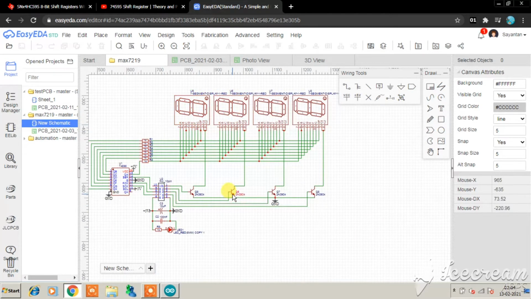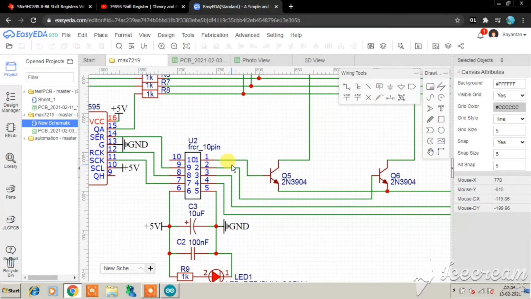Similarly, the other digits also work like this, and it should be noted here that we are utilizing the persistence of vision. The microcontroller will switch each digit so fast that our eyes cannot distinguish the switching, and it will appear as a static display. We will be continuously switching from one transistor to the other, thus moving from one digit to the other. It will be so fast that the eye will see it as a static display, but actually it works with the theory of persistence of vision.